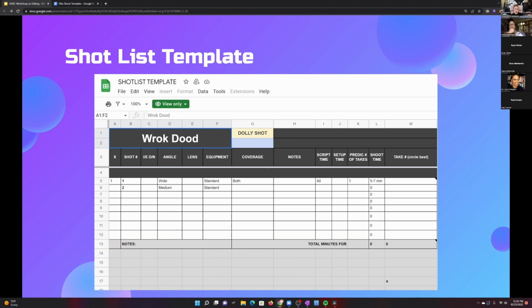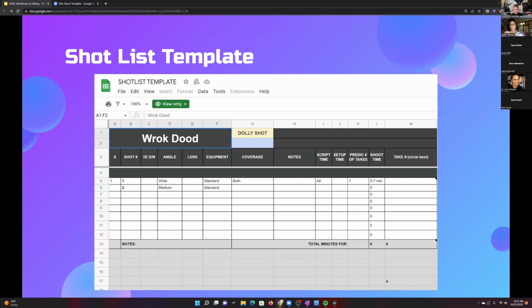And where you might want to go back and make some pickup shots the next day if you have that opportunity, or make cuts to the schedule based on what occurred in the field. So if you had an opportunity to shoot something that you weren't expecting, now that's sort of thrown off your shot list. This document will help you keep track of that and help you think through, okay, with the time I have left and the resources available, how do I still get the most out of this field experience? So this isn't my template, but it's a pretty decent one that has a lot of the basics